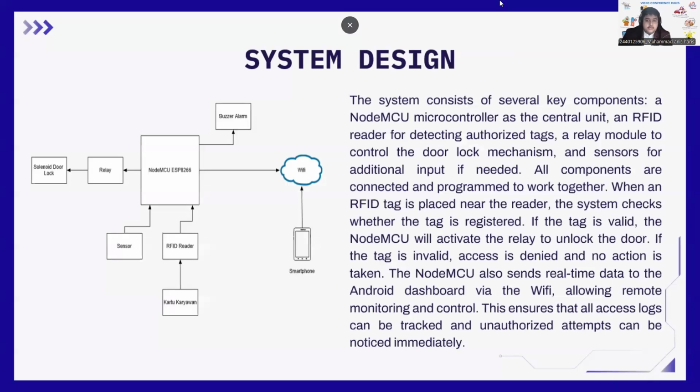For the system design, the system consists of several key components: a NodeMCU microcontroller as a central unit, an RFID reader for detecting authorized tags, a relay module to control the door lock and mechanism, and sensors for additional inputs if needed. All components are connected to the program and they work together when an RFID tag is placed near the